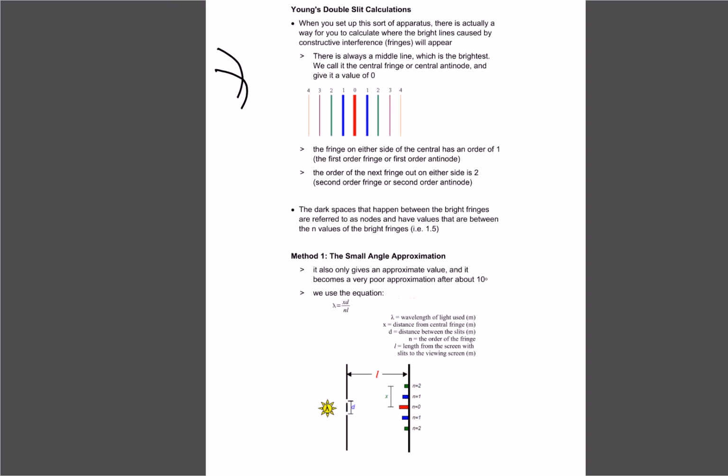If we think about round waves interfering, it's always the middle that gets the most overlap, so we get the most constructive interference in the middle. So that's why the middle one will be the brightest. We call that one the central fringe, and being central, we count it as position 0. Then on either side,